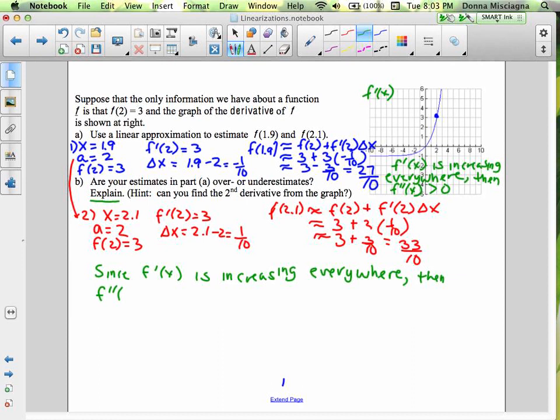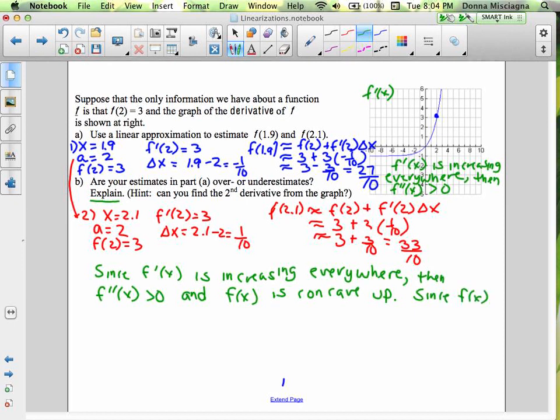Then f double prime of x is greater than 0, which means that f of x must be concave up. Right? So if your second derivative is positive, the graph is concave up. If the second derivative is negative, then the graph is concave down. Right? So since the graph is concave up,